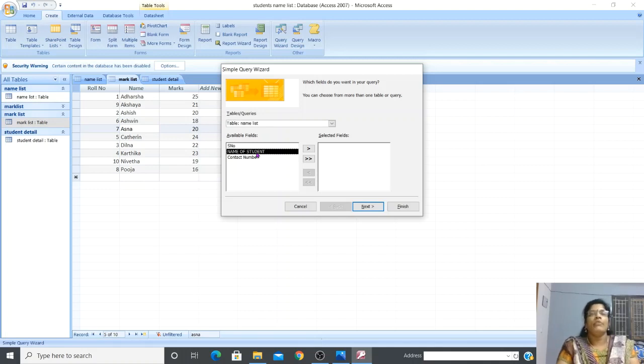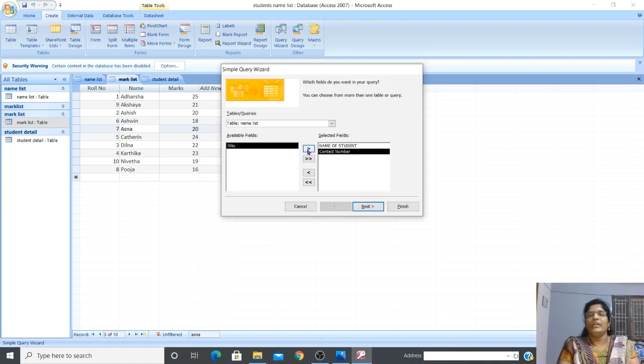Whatever fields you want, select it and click on this add button. If you do not want the name of the student, just click on the subtract button. So you can see the arrow marks. I want this name of the student. If you need only the student's name list, just keep it as it is. Or if you also need a contact number, select it and click on add button.